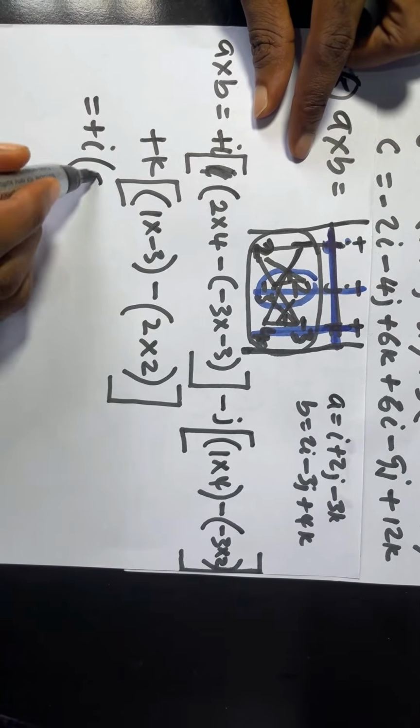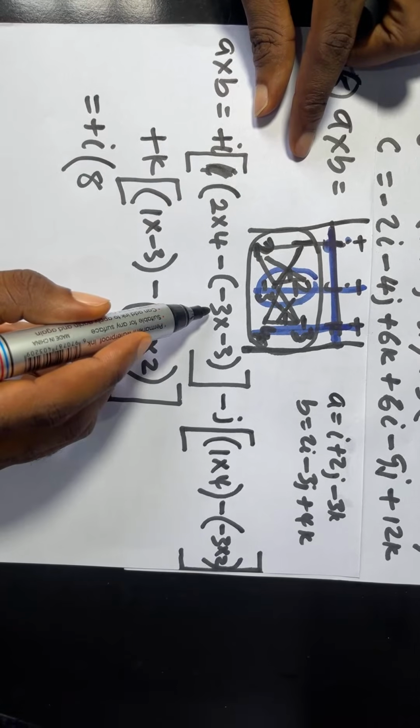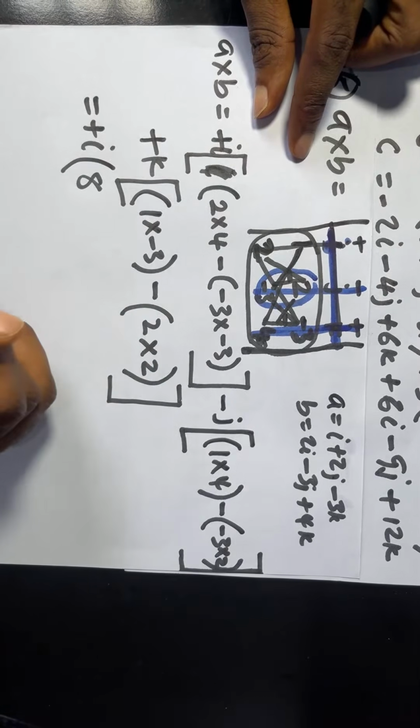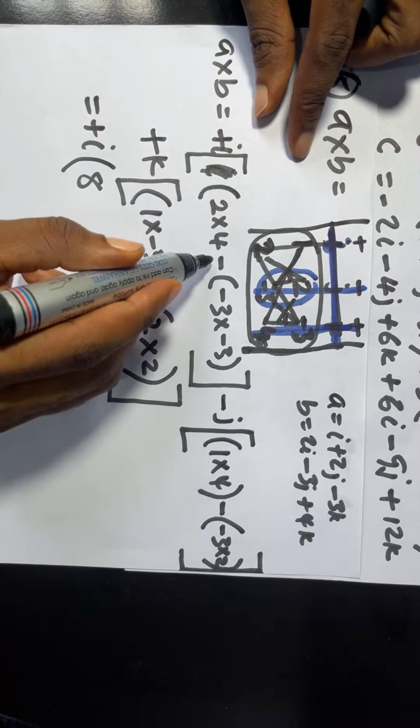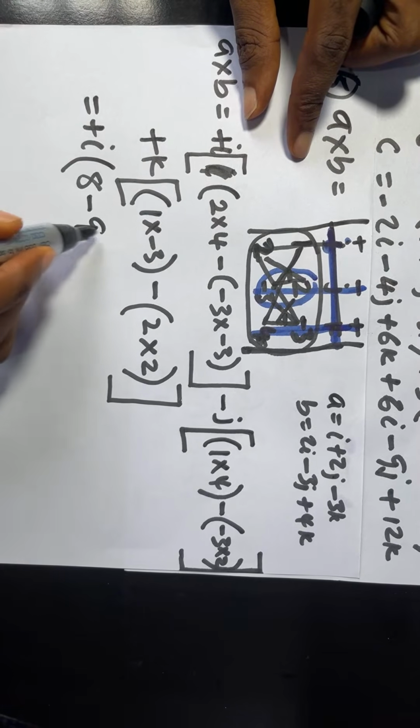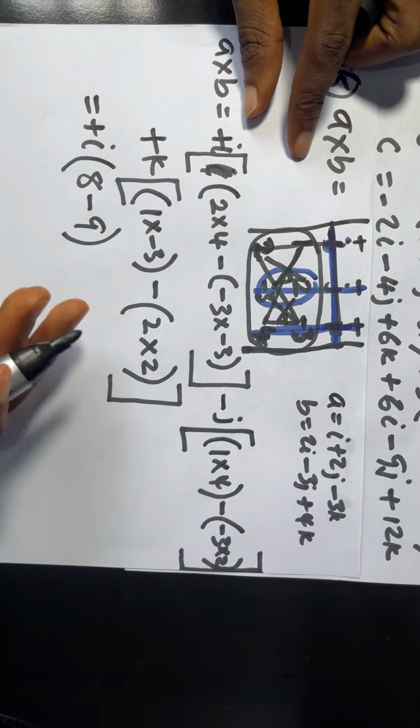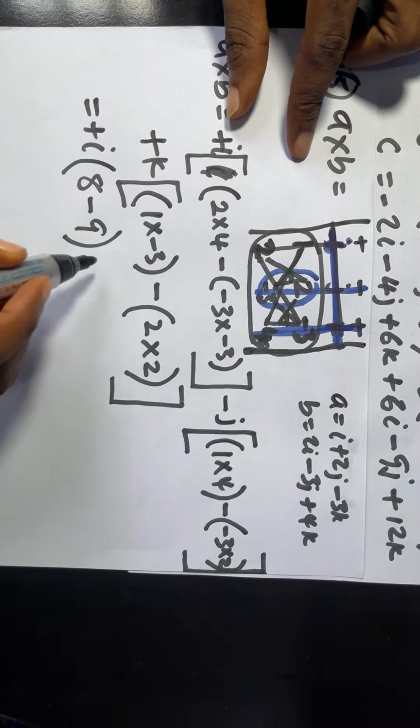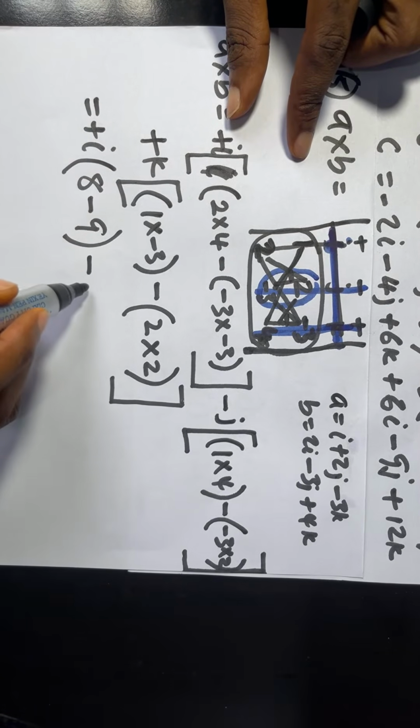2 times 4, 8. Minus 3 times minus 3 is 9. But there's a minus outside. So we have minus 9, bracket close. It's looking easier. We are simplifying it now. Minus j